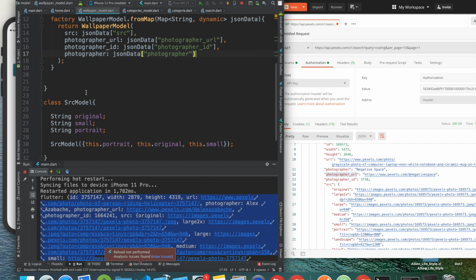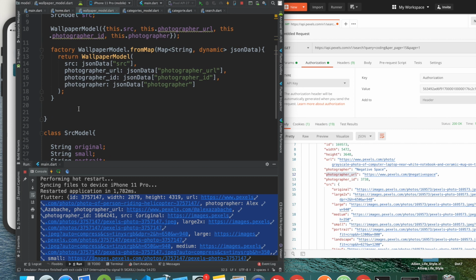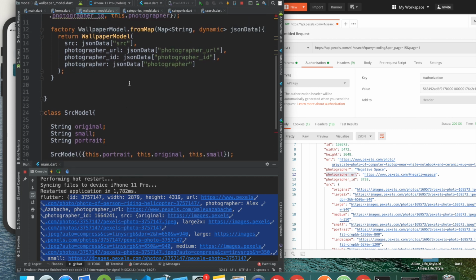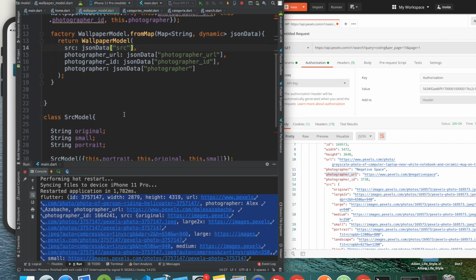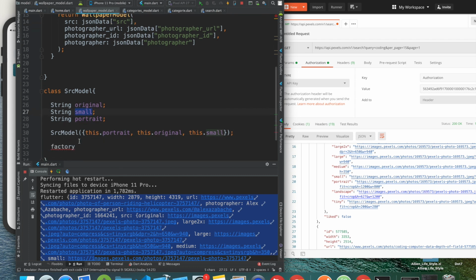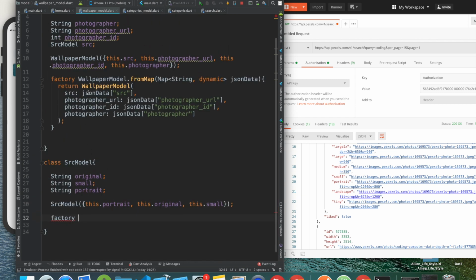We will be doing something similar or the same for the src model. So we will say factory. Now why am I doing this again? Well, I'm providing this src as JSON data, but we want to decode that data. From that data we want to provide this portrait URL to portrait. We want to provide this small URL to small. That's why. So inside this factory I'm going to say factory